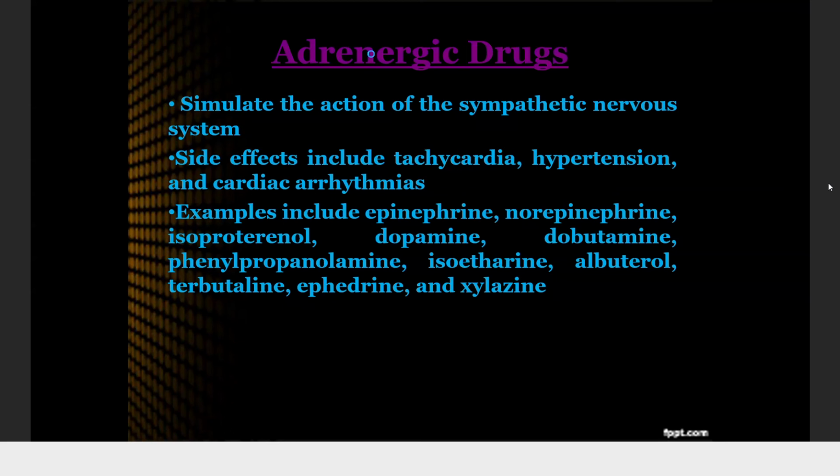Let's say if you want to reverse the effects of the adrenergic drug on the alpha 2 receptor. You said that if you give the drug, it doesn't produce any effect. What should you do? Anybody knows what you should do? There's no effect of an adrenergic blocking drug on the alpha 2 receptor to reverse, to constrict back the blood vessels, to increase the hypertension. What should you do?